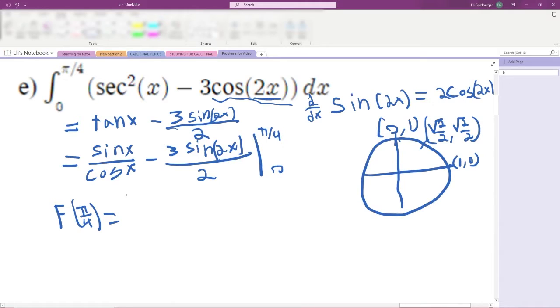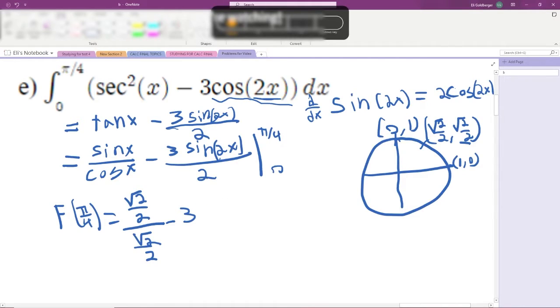So the sine of pi over 4, so pi over 4 is right here, sine is the y value, so it's going to be root 2 over 2. And then the cosine is just the other one, but they're the same, so it's just going to be root 2 over 2. And we'll simplify that in a second. But then we have times 3 sine, or I'm not going to actually write the sine, but 3 times,